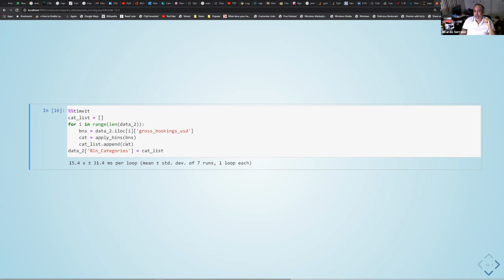And what we're going to do then, after the for loop ends, is store those categories that match the same value on the gross booking USD in a new feature called bin categories. Okay, so this is basically straightforward. This is defining a function and running a for loop, and that's it.